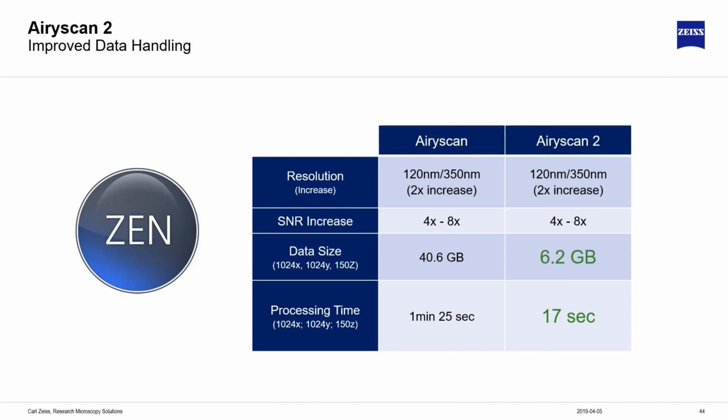To give you an example, for something that might be 1024 by 1024, 150 slices, Airyscan would have been basically 32 times that amount of information compared to regular confocal, so over 40 gigabytes. And then we have it down to 6.2 with the Airyscan 2. And likewise,